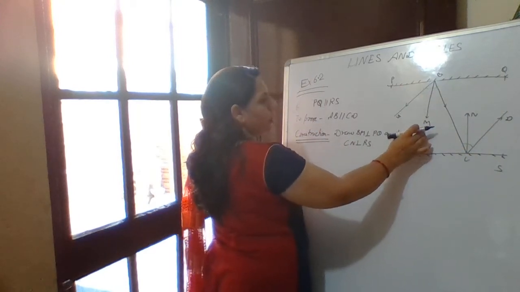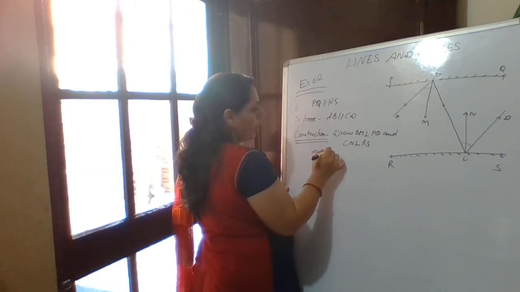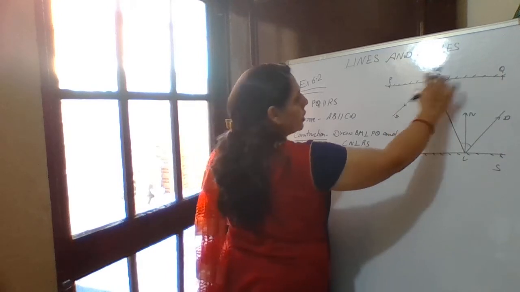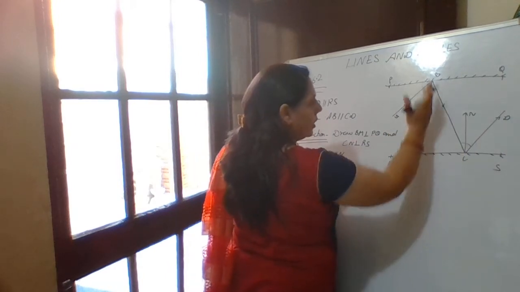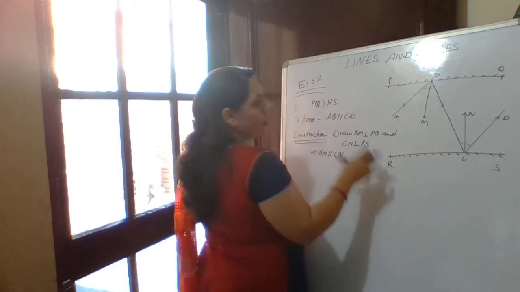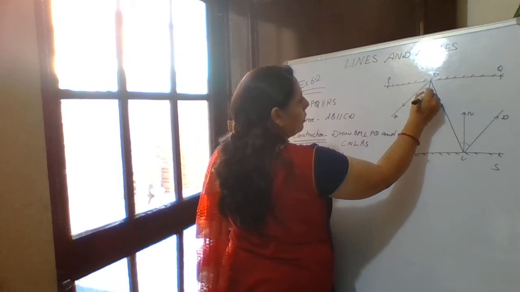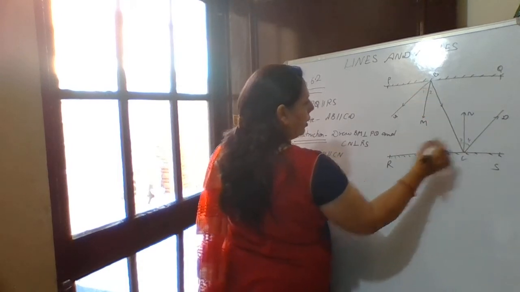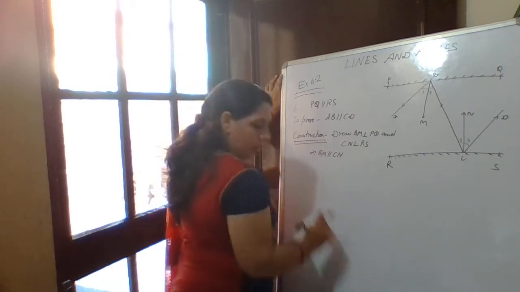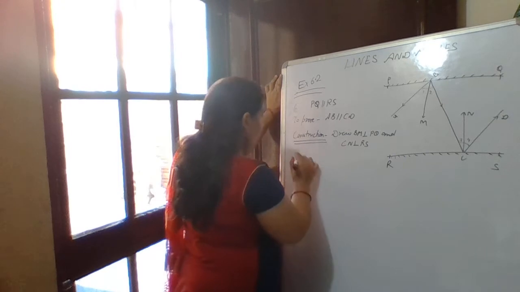So you can say, students, this implies BM parallel to CN. Why? Because these are two parallel mirrors and these are normals of these two parallel mirrors. So BM parallel to CN. After that, I am giving the numbers to these four angles: angle 1, 2, 3 and 4. You need not write it here, we will use it in the proof.